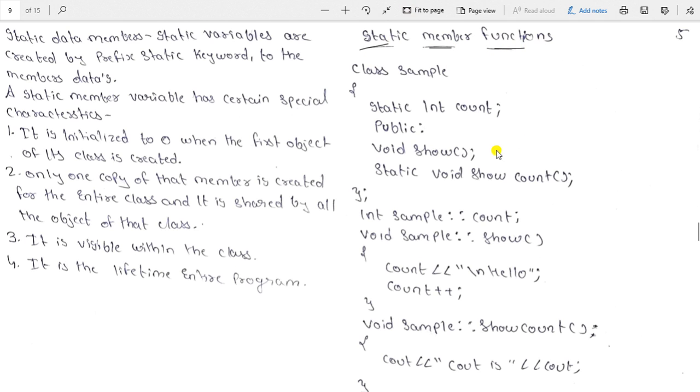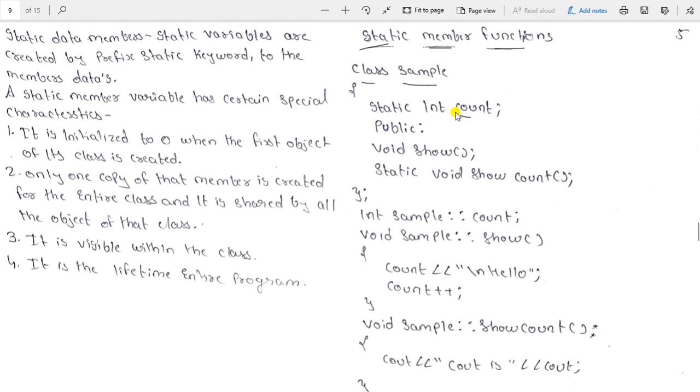Static member functions means in front of the member function we put the static keyword and define it. Okay, that's it. So class is the keyword, and Sample is the class name, in open braces. In that we have declared an integer variable called count, and this count is not a normal variable.